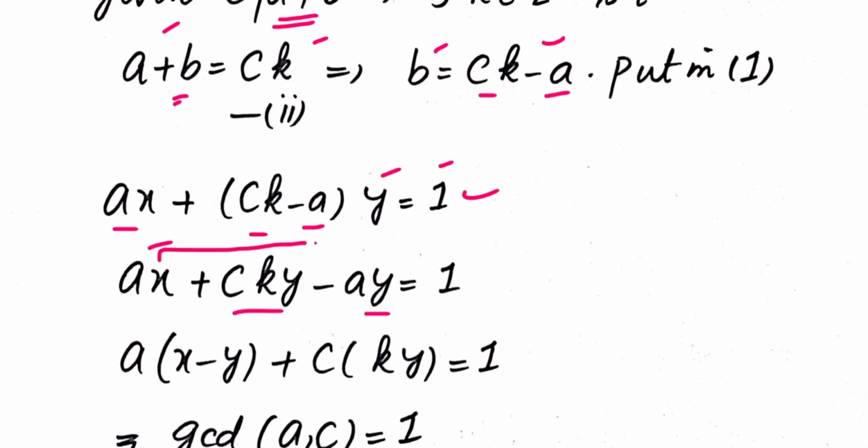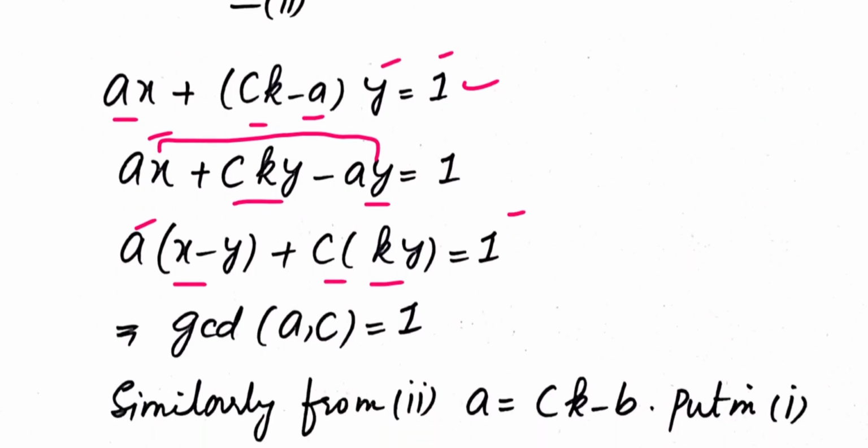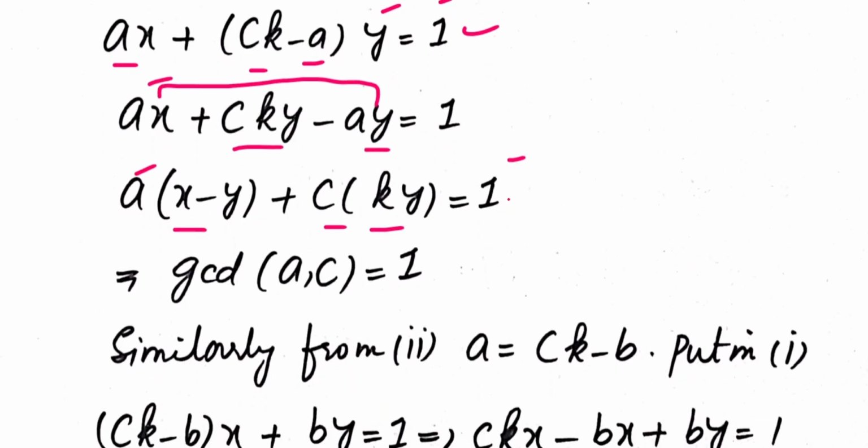From these two terms, we take A as common. We have A into (x minus y) plus C into ky is equal to 1. So this shows that this is the form of a linear combination, and this linear combination is equal to 1. So this shows that the linear combination of A and C for the integers x minus y and ky is equal to 1. Hence GCD of A and C is equal to 1. That is, A and C are relatively prime numbers. Similarly,